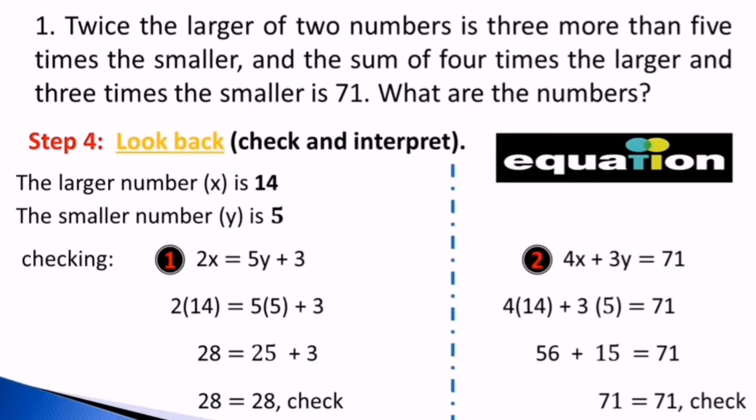So meaning to say, the larger number is 14 and the smaller number is 5. That is how we're able to solve